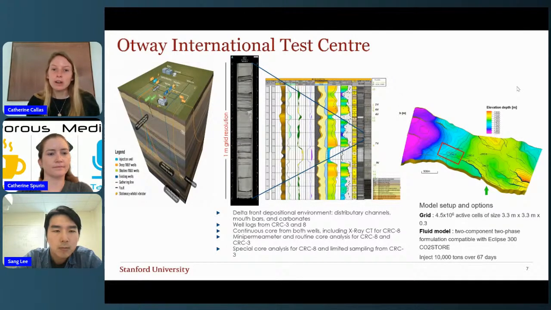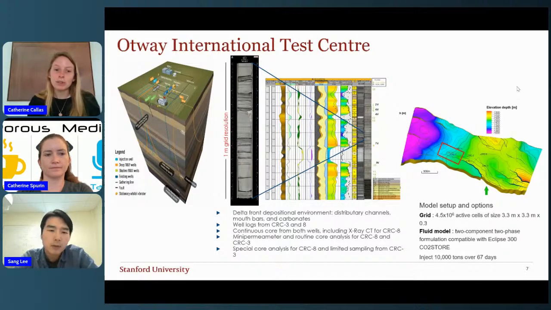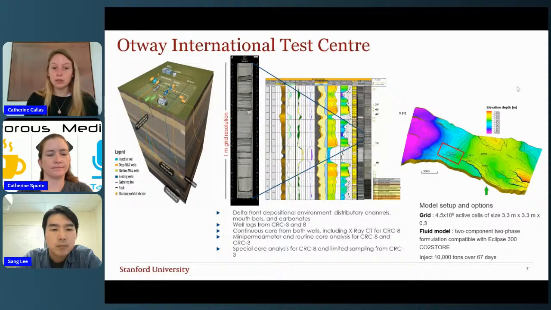We've chosen to drill in a very heterogeneous part of the reservoir in the Parade Formation, which is characterized by small-scale heterogeneity. It's a delta front depositional environment, and we have a lot of data at both wells. So we have well logs, mini perms, special core analysis, routine core analysis, in addition to continuous core at both wells. However, there's still a lot of uncertainty, even in just the 100-meter difference between the injection well